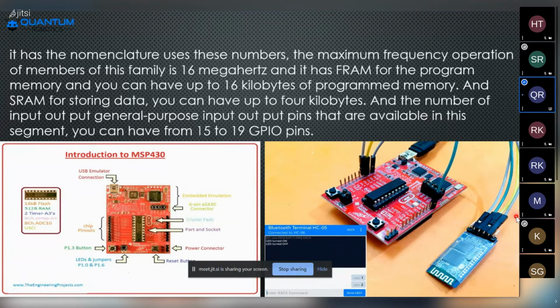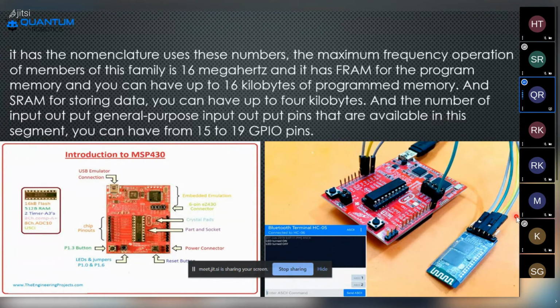Previously I said that if you want to transfer data from one place to another, or from one device to another device, you need a receiver and transmitter connection. The receiver and the transmitter play the main role in transferring data between a sensor and a device. That's why we are using RX and TX.